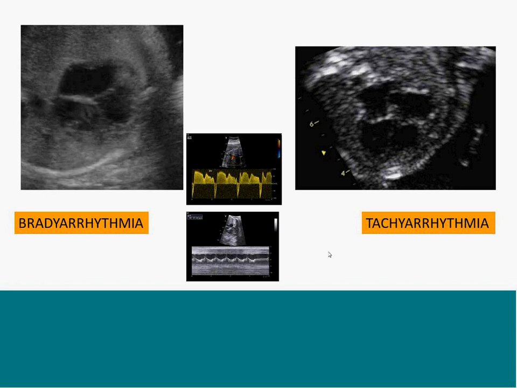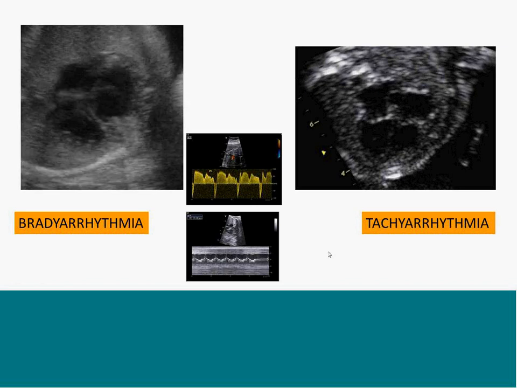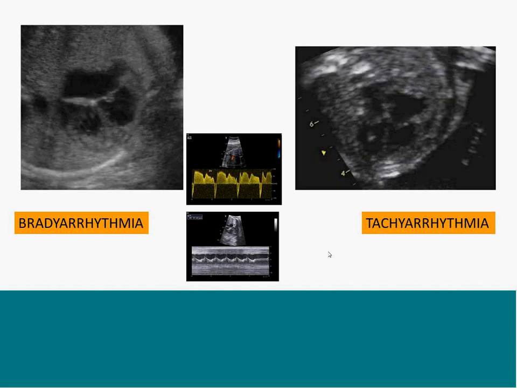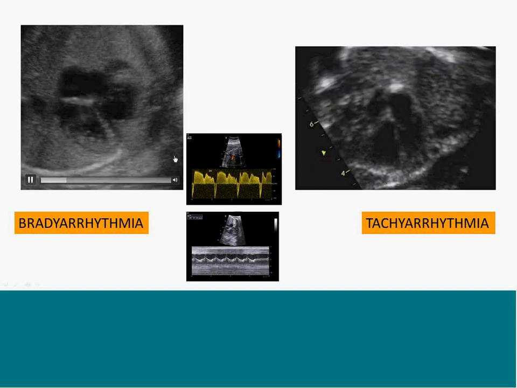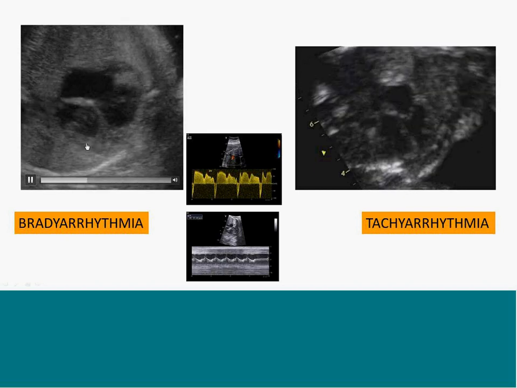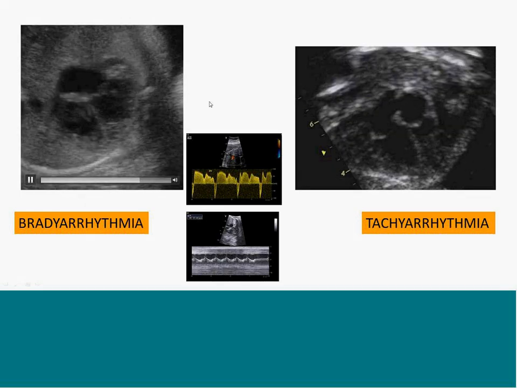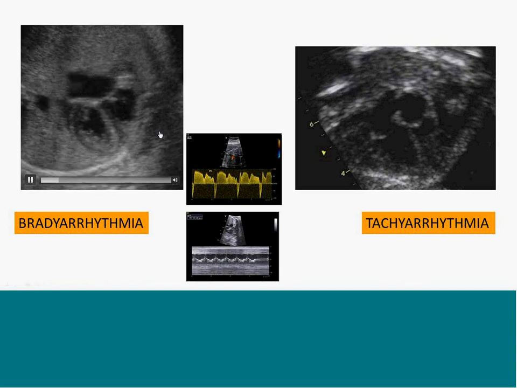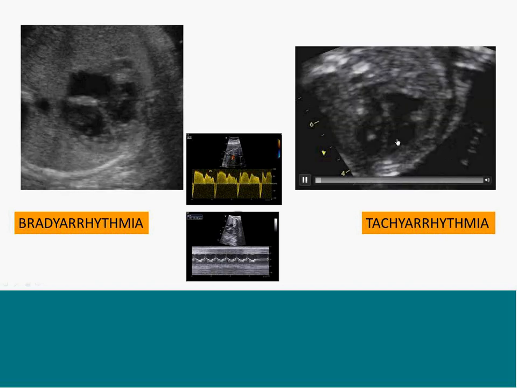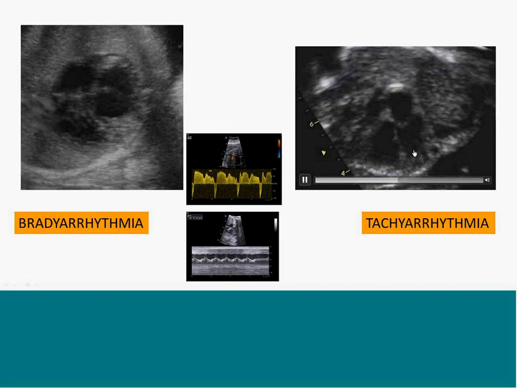Now coming down to the last concern which we have in terms of miscellaneous things like rhythm, function, etc. Even before you do a Doppler or M mode, if you see this four-chamber view, you can realize that this is a bradycardic heart and this is a tachycardic heart. Bradycardia and tachycardia can subjectively be picked up as soon as you get a four-chamber view. Once you have this understanding whether it's brady or tachy, then you further can go for your M mode and